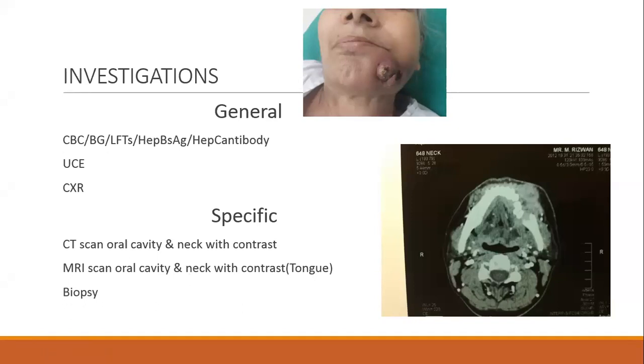So when somebody asks what investigation you will do, you should know that there will be general investigation and specific investigation. If you are only planning to do a biopsy, then you can do the CBC and Hep B and C and do the biopsy. But if you are planning a major surgery, then you also have to do urea electrolyte checks, X-ray, maybe LFTs, and in occasional cases when patients have severe pulmonary disease like bronchitis or asthma, then blood gases. But this is not required in all cases. And specific investigation we have talked about. Okay, so far so good.